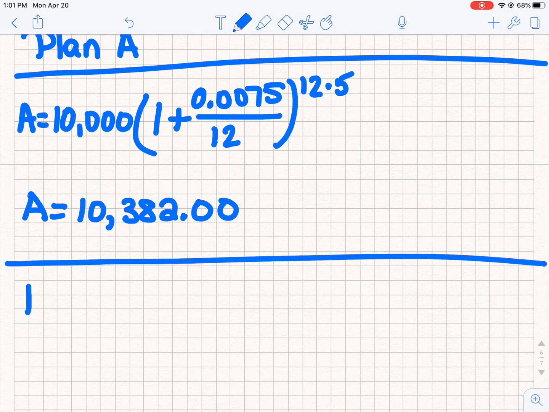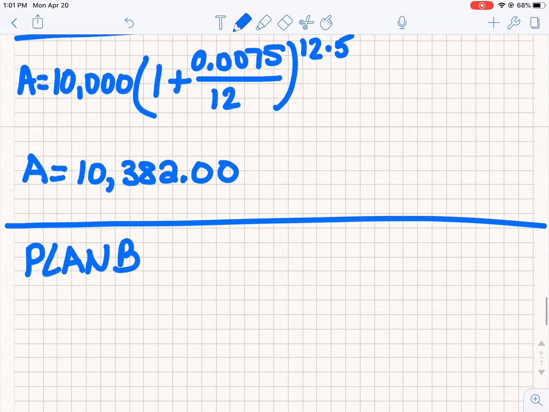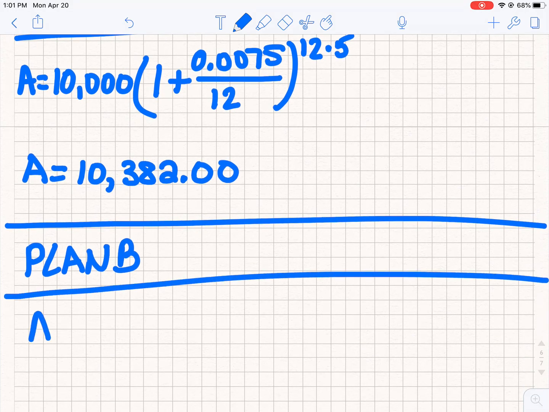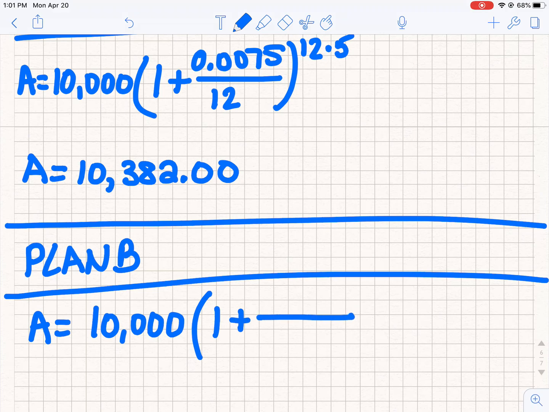Plan B was the same thing, except we're going to change a couple things. He still invested $10,000. We still are going to get 100% of that compounded. His interest